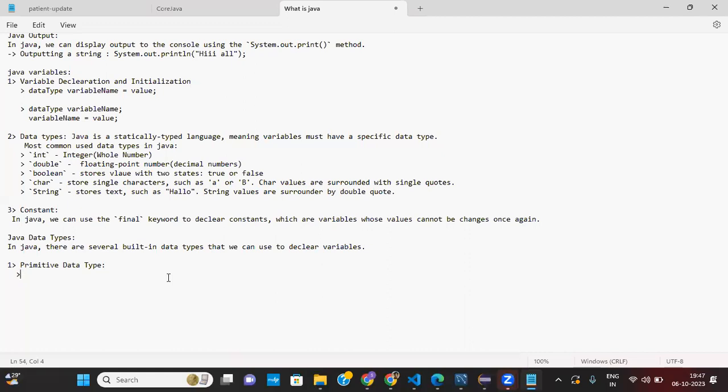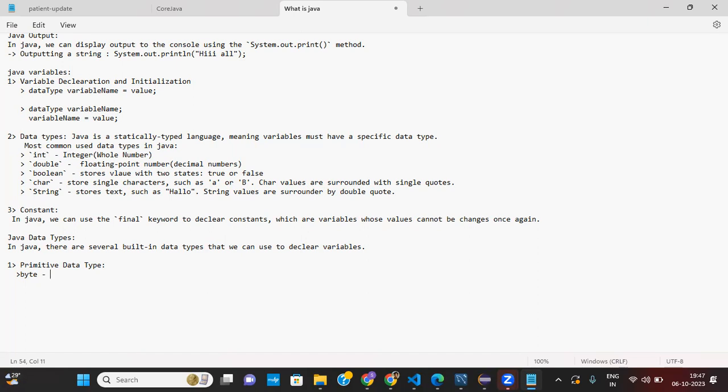So first comes the lowest to highest. Byte is the lowest data type, which represents an 8-bit integer.